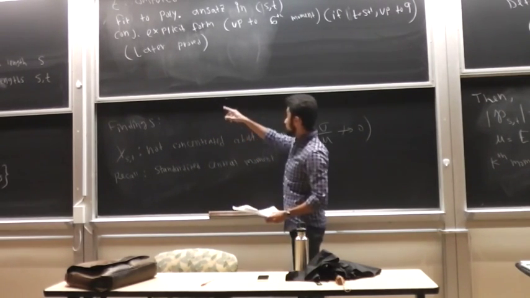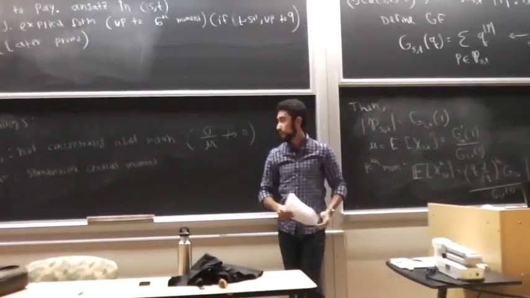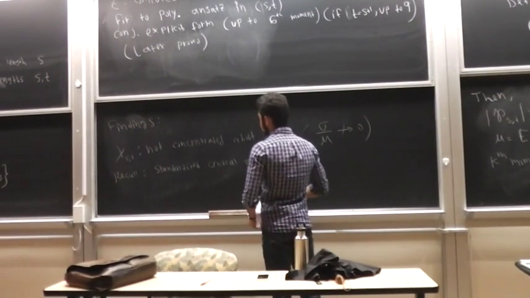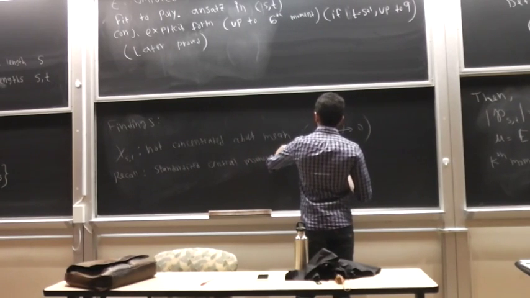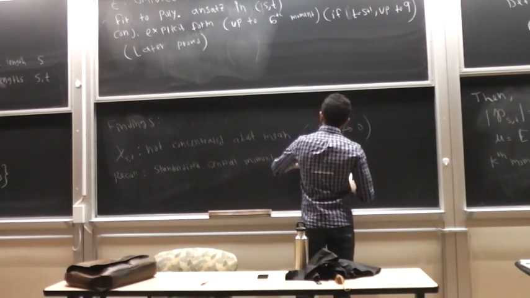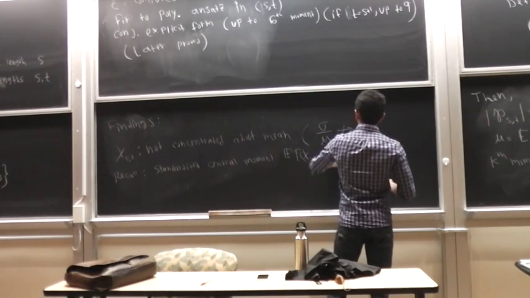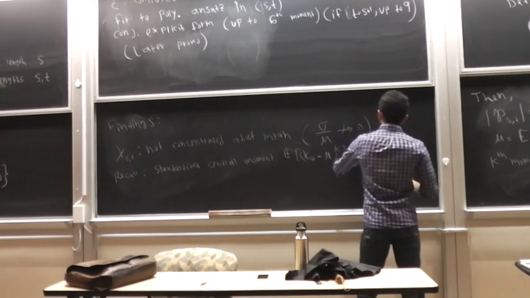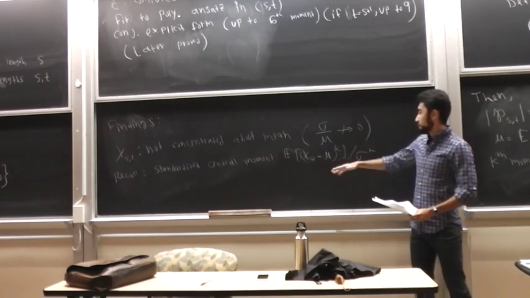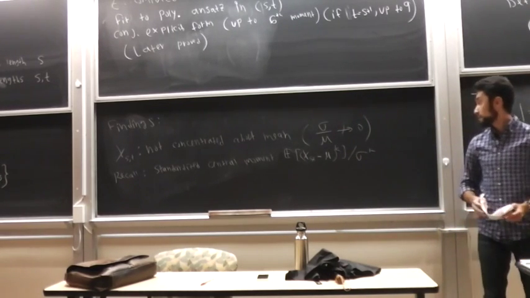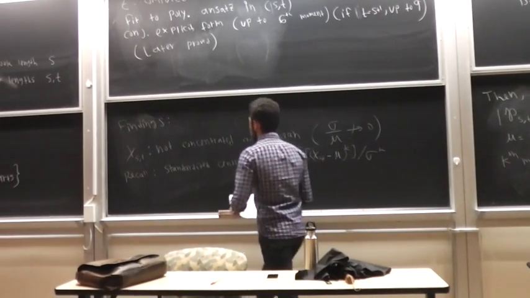So in general, this sequence of just the straight moments over here, as S and T get big, these are going to all blow up, right? So to make them more meaningful, usually we will standardize them and take them about the mean. So these moments are the expected value of your random variable minus the mean raised to the k, and then you divide by the standard deviation to the k, and that will keep them from just blowing up as the indexes get big, right? So anyway, he computed these standardized central moments, and then he took the limit